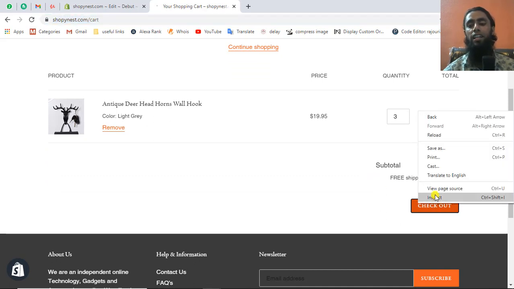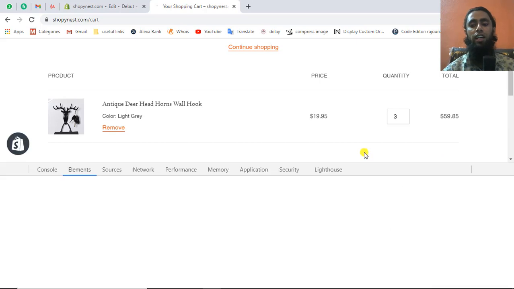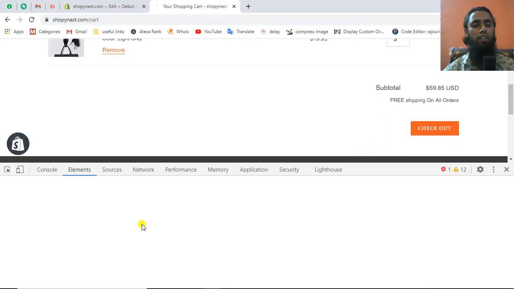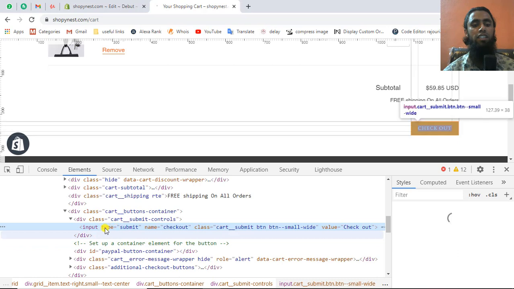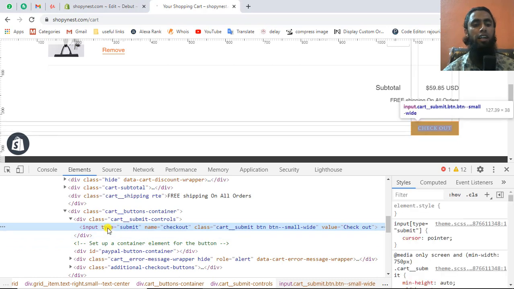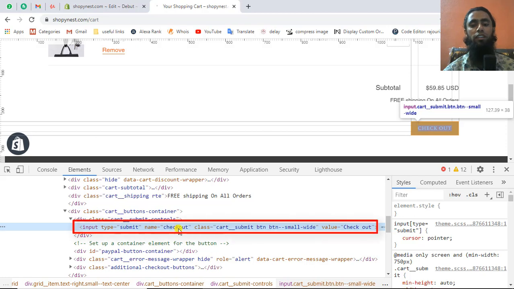You need to right click and click on inspect, and again you will be getting this specific type of input element, and you can see that this is input type element name equal to checkout, right?